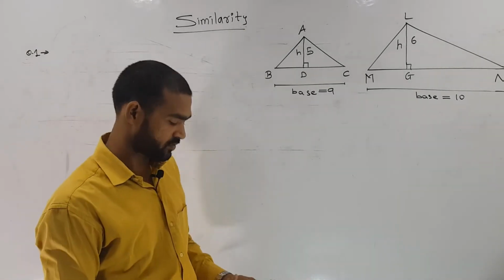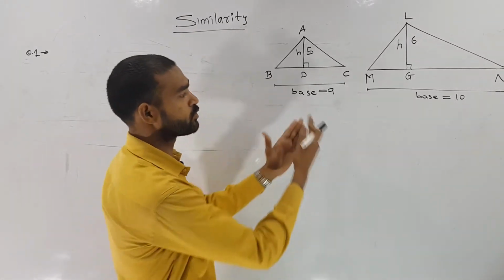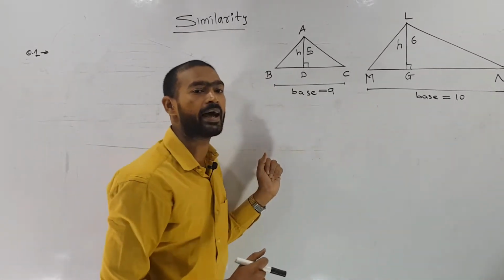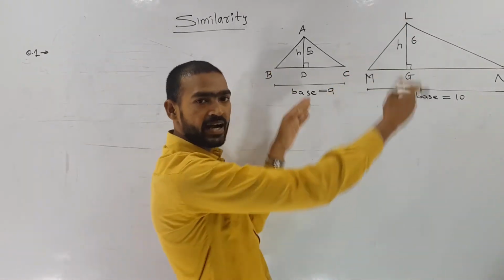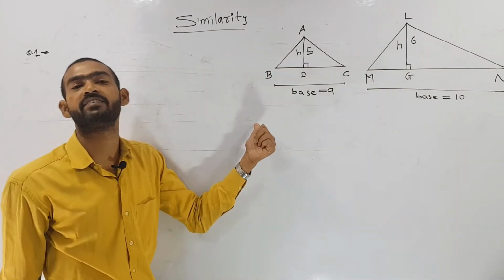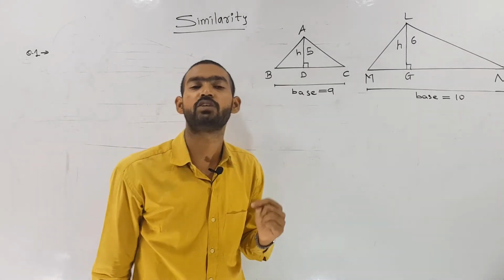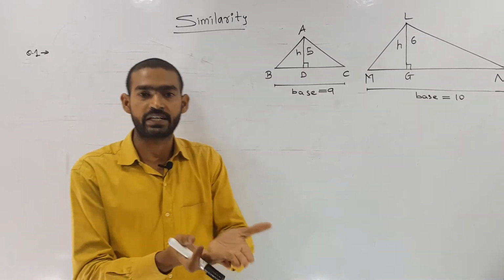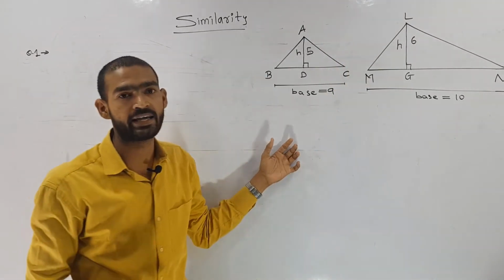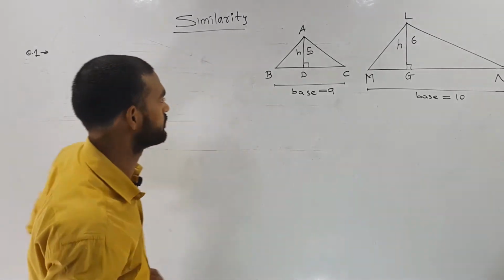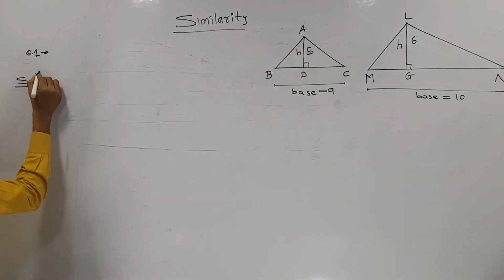So students, what can we see here? We can clearly see these are two different triangles and both of them have their own base and heights. So which property is it? It is your first property. The property was triangles with different base and different height. So we will apply the first property here. Let us see the solution.